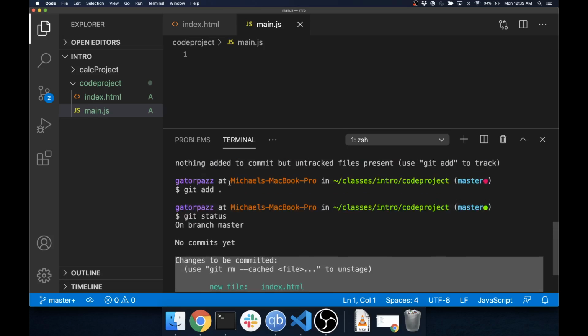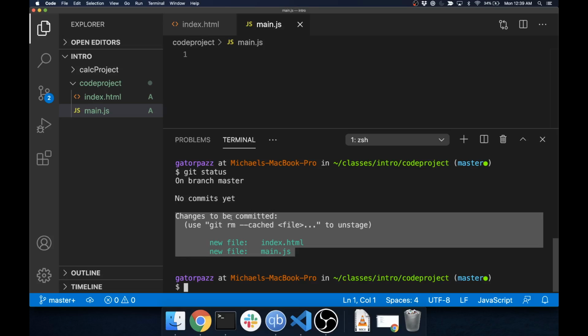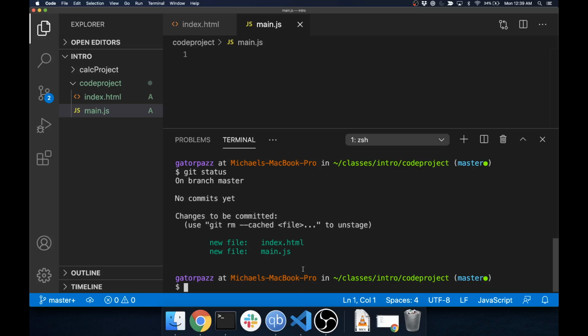Okay, so before they were red, they were untracked, and now they're staged to be committed. So when I do git add, I'm adding files into a commit. They're not actually in the repository yet. The final stage of this is git commit